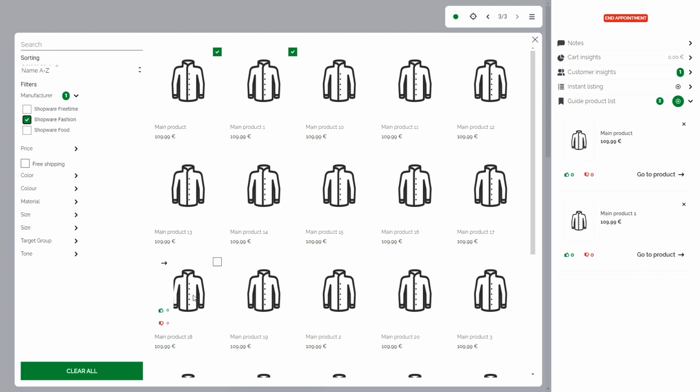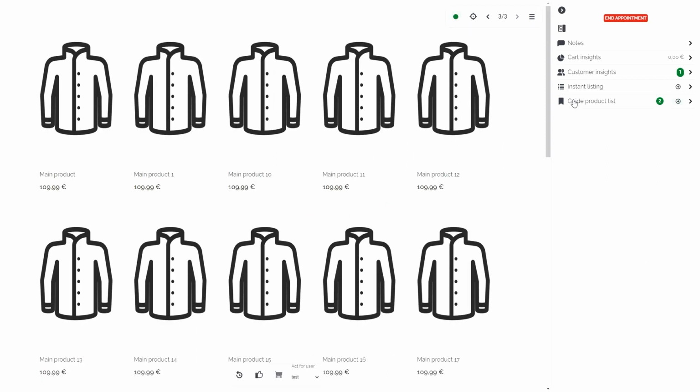These are products from my whole product database, so I could also add products that are not within my presentation.